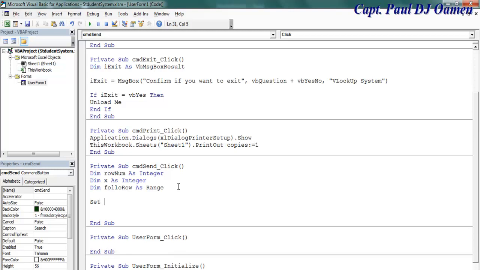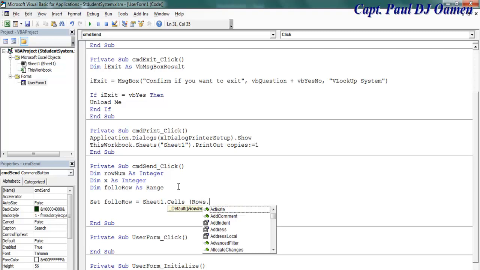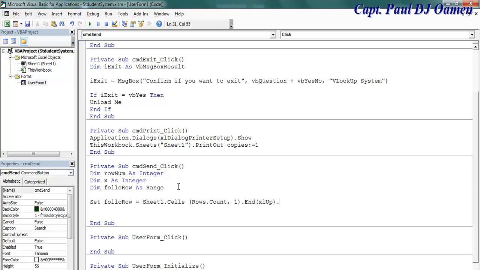Then I'm going to say set the following rows. Okay, equals sheet 1 dot cells and rows dot count comma 1 dot end open a bracket L up 1 dot offset now the 1 comma 0. Right,